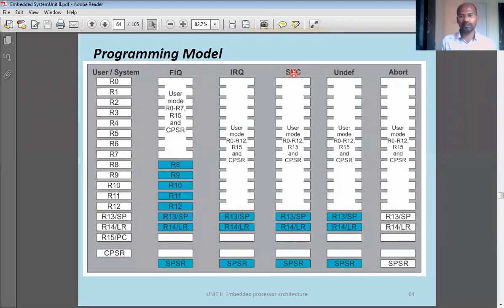processor mode. And see, in the IRQ mode, the processor has only three new separate registers, and if it wants to use, it can use all these registers R0, R1, R2, R3, R4, which are available in user mode or system mode. If the processor wants to use, it can use all the registers R0 to R12, but the problem is,